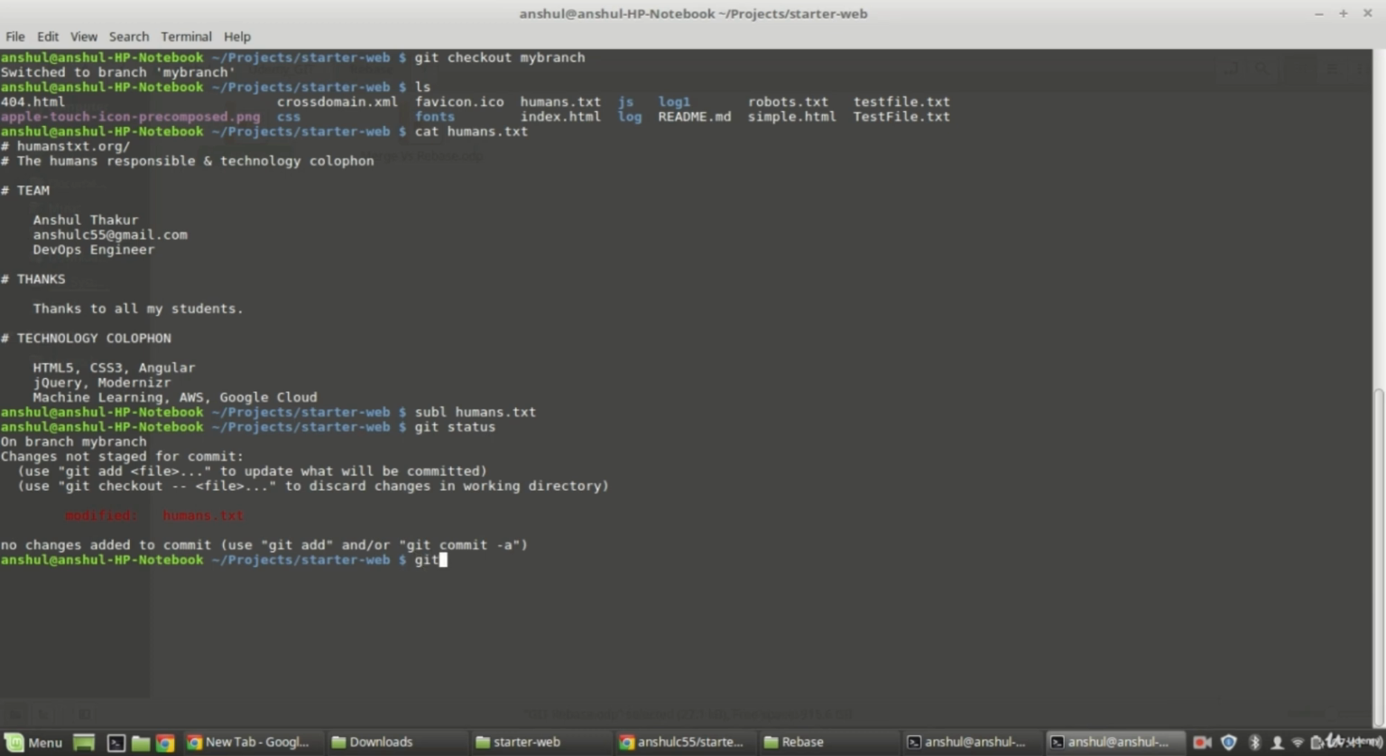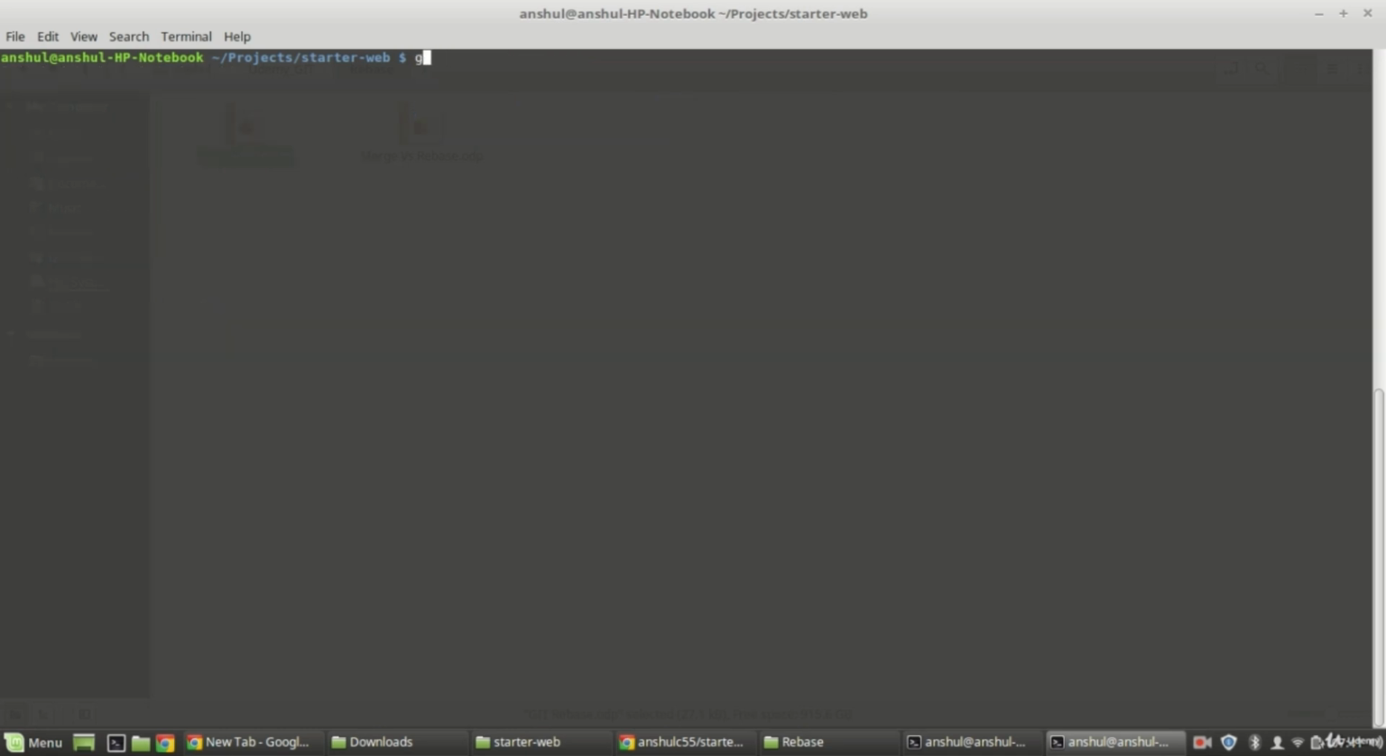Some file is modified. Git commit, and the message is "added conflicts in feature branch", right? Clear. And again open the git log: git log --oneline --graph